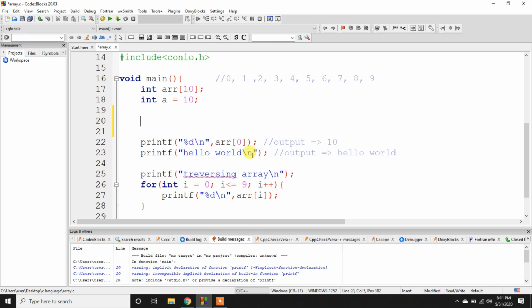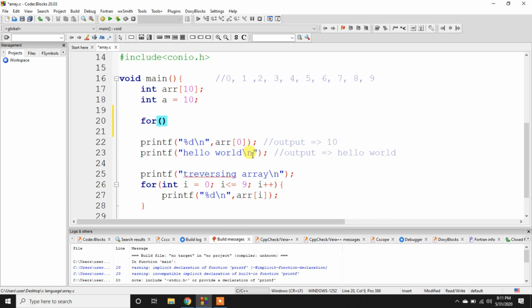So we know that scanf is a method through which we can give data at runtime to a variable. So what we are going to do here is create a for loop, because we need to give 10 values to the array.